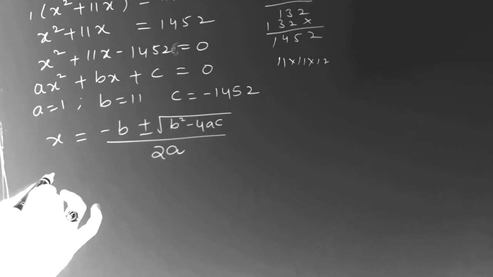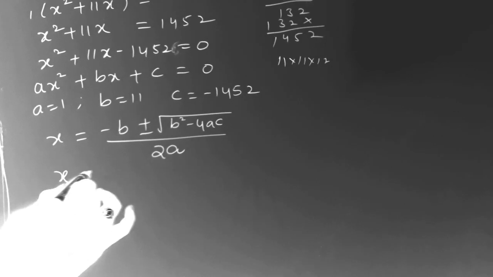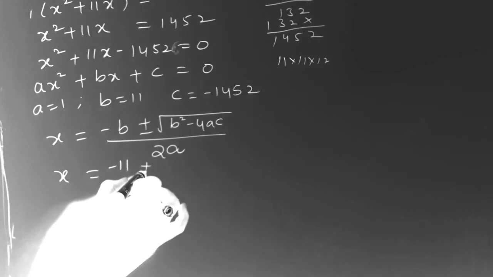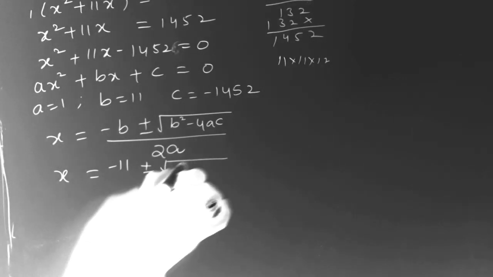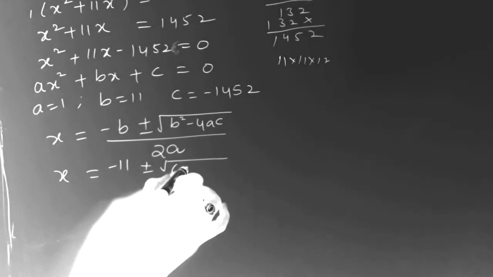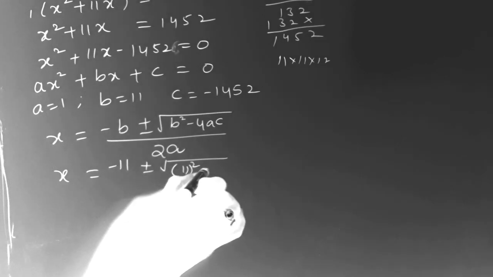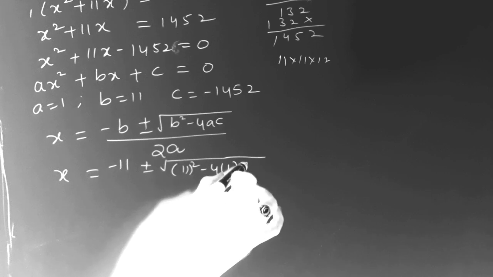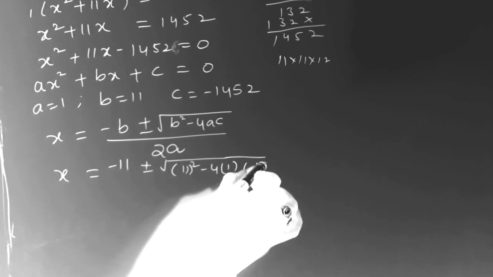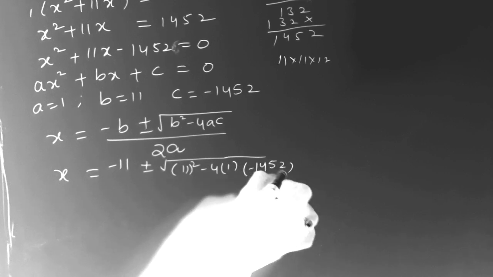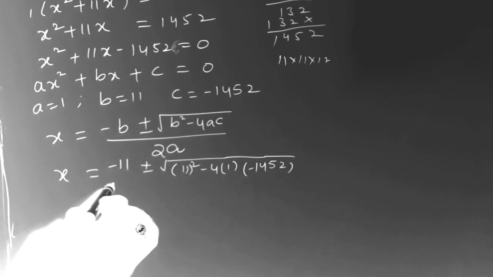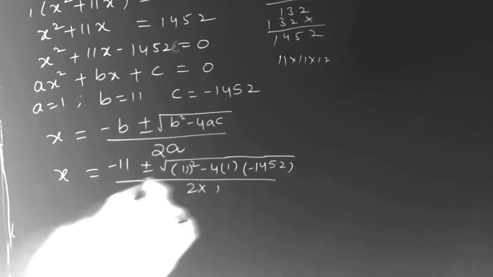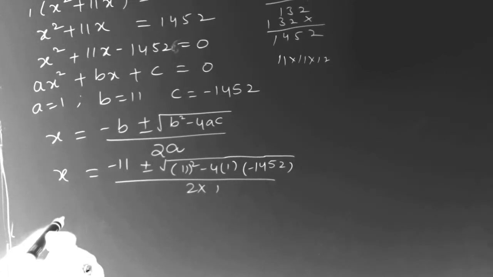Okay, that is x is equal to minus b, means minus 11, plus or minus under root b square is nothing but 11 square minus 4ac. A is 1, c is nothing but minus 1452, by 2a, 2 into 1. So just you see here the next step,